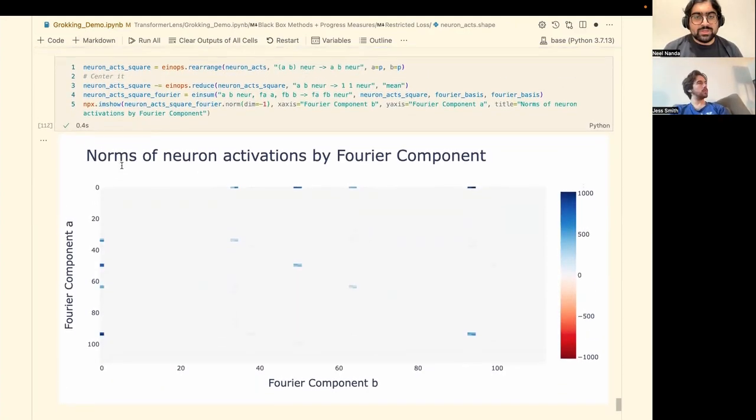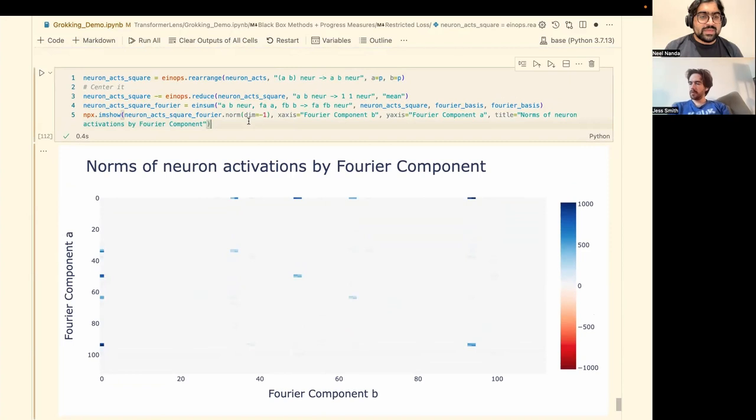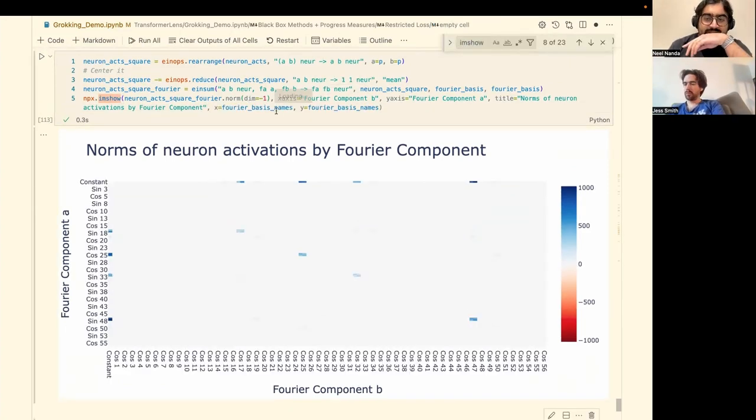So as we were doing with individual neurons, we can do a 2D Fourier transform on this, where the exact details are not super important, but the relevant thing is the interpretation of this diagram: